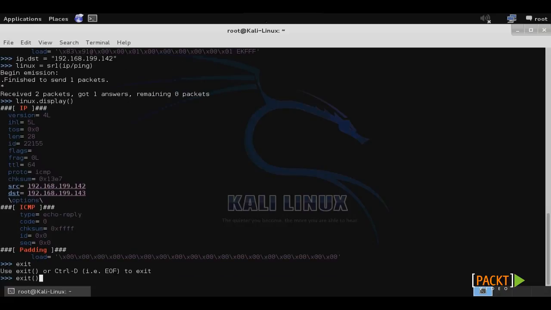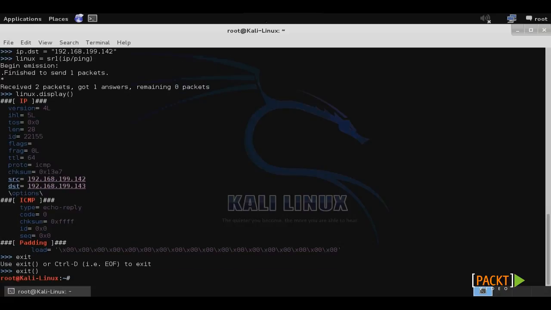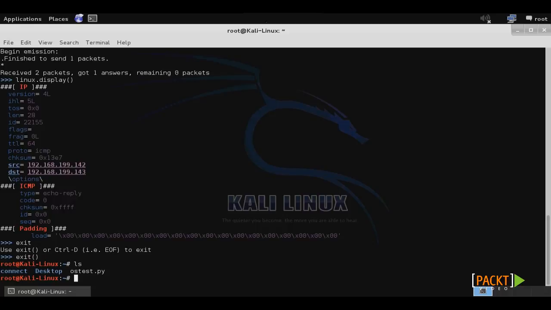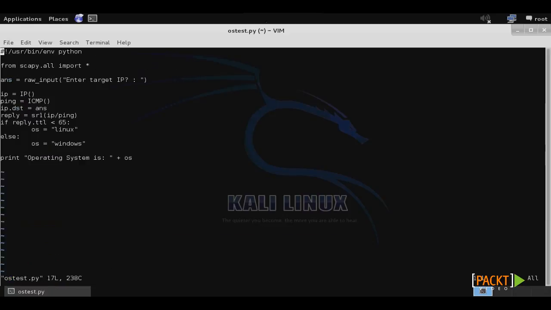So we'll exit out of Scapy, and one of the great things about Scapy is that it can be used or imported into Python for scripting purposes. I've actually already created a very basic Python script that tests to see if the operating system is Linux or Windows based. So we'll look at this script, and basically all it does is import the Scapy module,